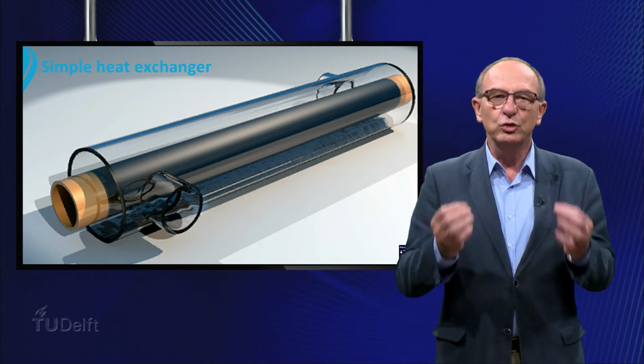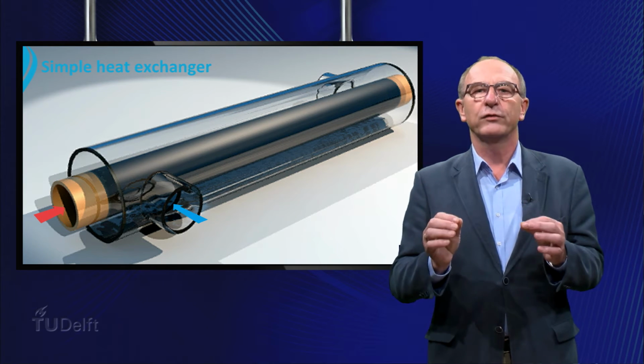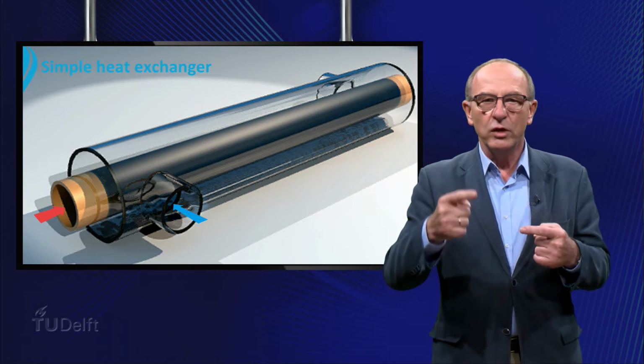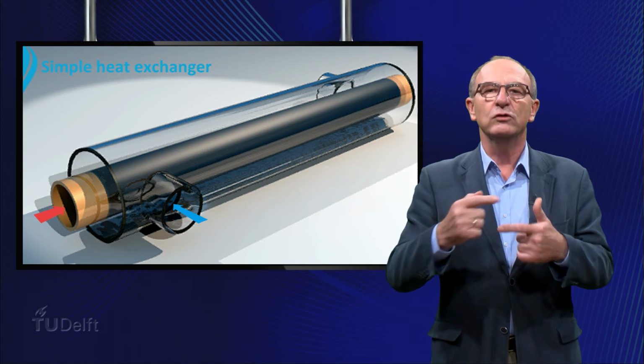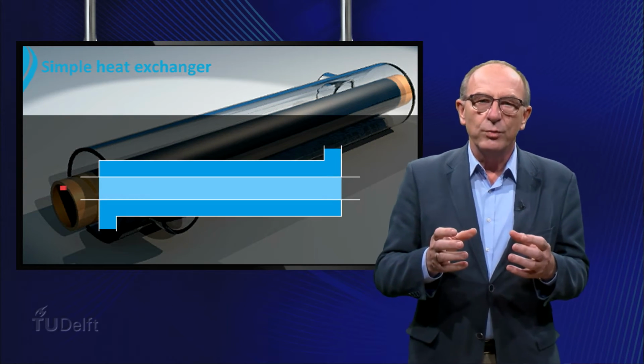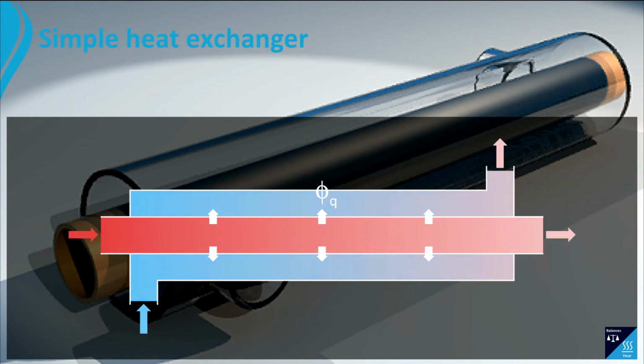It consists of two concentric tubes where a hot and a cold fluid flow through. Heat is exchanged from the hot fluid to the cooling fluid by means of the wall between the two phases. A hot fluid enters the inner tube and is cooled by the cold fluid in the outer tube. The energy phi Q is transferred from the hot fluid to the cold fluid. As a result, the fluid in the outer tube becomes warmer along the length of the tube.